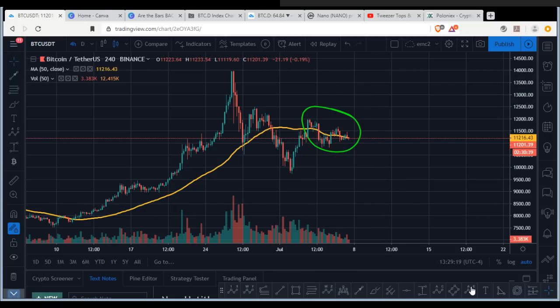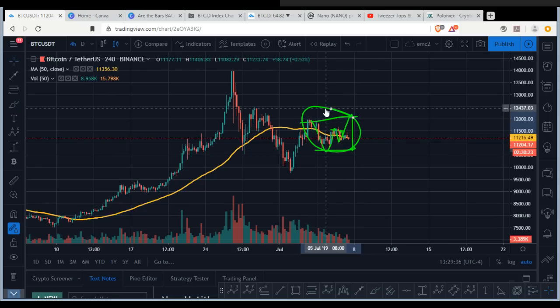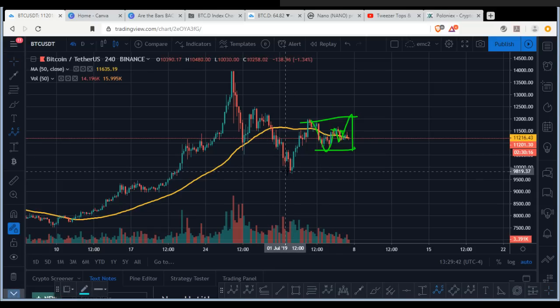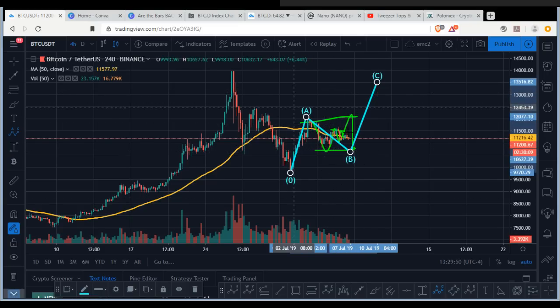So when you take a look at it, BTC could just make this move just like this, right? And then it's going to make a nice corrective move just about this area, and then complete this flat correction within this range. This move, this circle itself, could be a corrective move itself, just to complete the B wave. So basically what I'm trying to tell you is that we might not get the B wave down to 10.2 to 10.4. The B wave could just be this move like this, right? So this is going to be a corrective move, but I don't want to anticipate it,